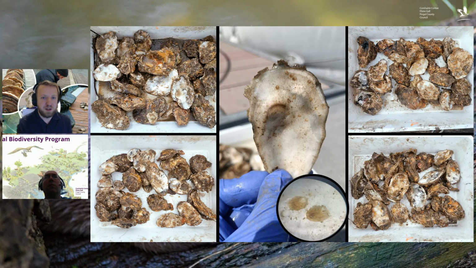They're fairly low numbers, which we would expect for the first season, especially since we didn't know exactly when to check them and when to deploy these. We'll have a much better idea of that for next year after we have that temperature sum graph. But even that we got any detection of young native oysters on their shells is a big, big thing. So we'll be out there in about 2 or 3 weeks to see how these have been growing and see how much of these baby oysters, or spat they're called, are growing on these shells.